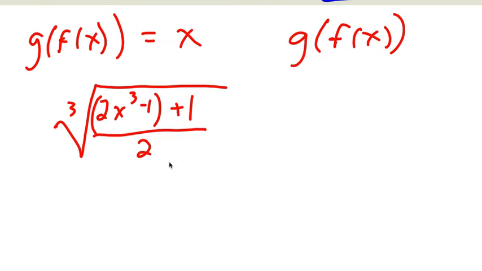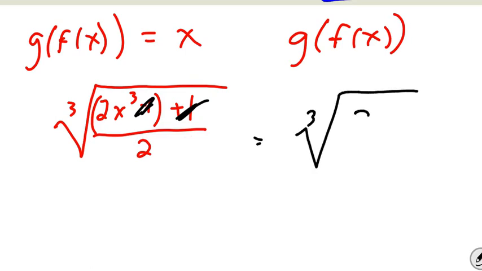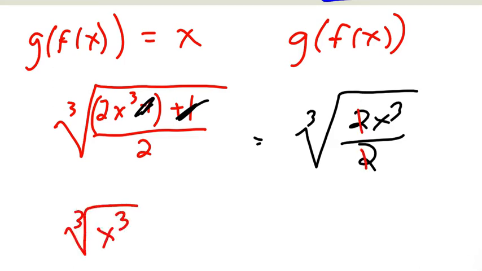Okay, so then after I do that, the minus 1 and plus 1 cancel. So I'm left with the cube root of 2x cubed over 2. Then my 2's cancel out, so I'm left with the cube root of x cubed, which is just equal to x. So since I ended up getting x, which is what I wanted to get,